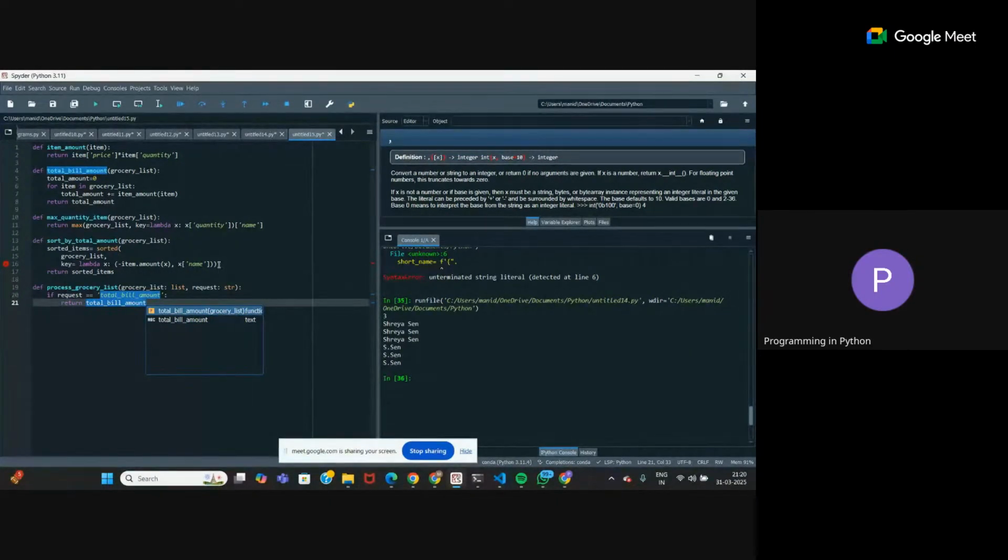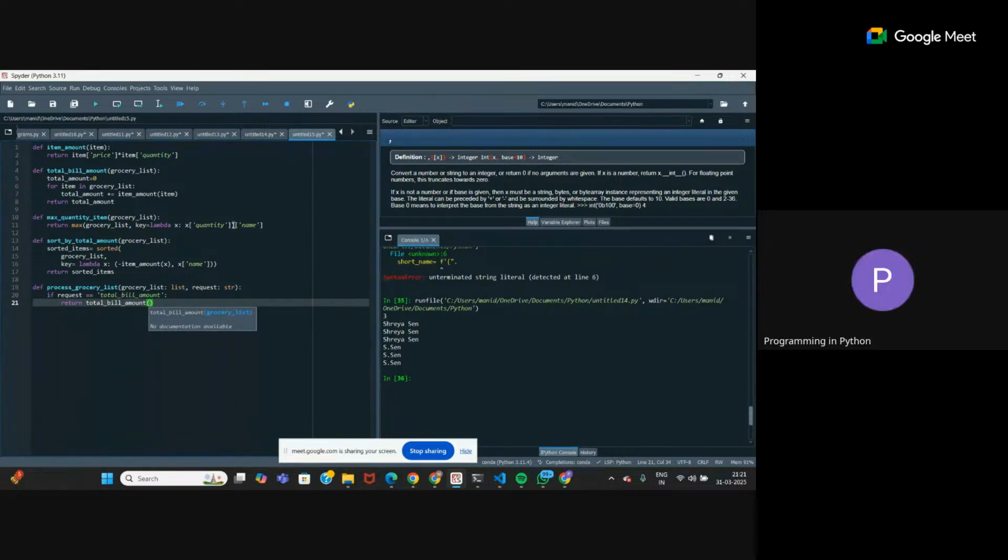No, in this line some error is there, no? Yeah, line number is 16, it's item underscore amount, right? The function name is item. Okay, I have given a dot here. Sorry. So total bill amount is the function name. Another error in line 11, you just close the bracket before the name.